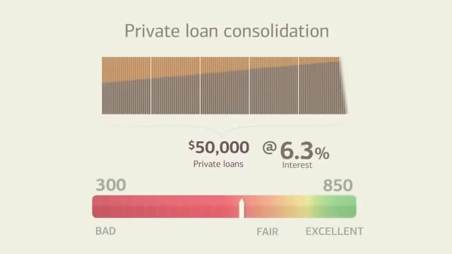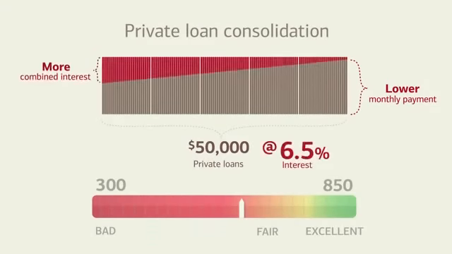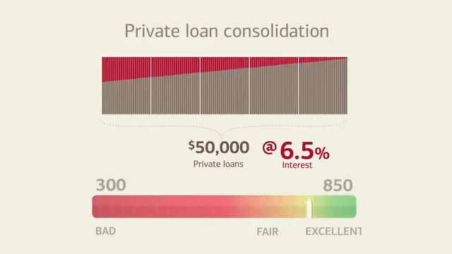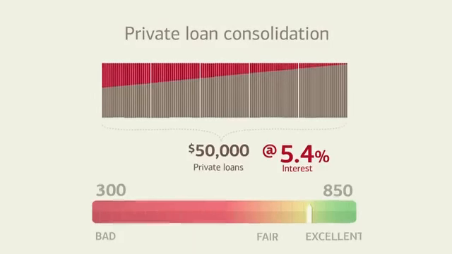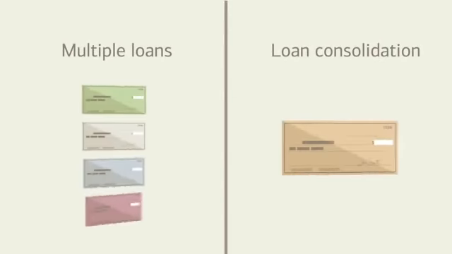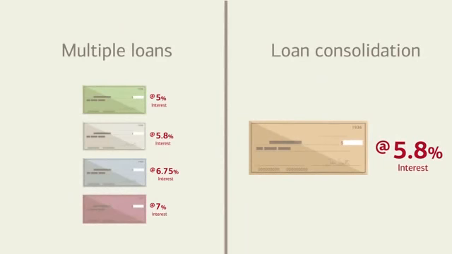So with private consolidation, you might get a simpler, lower monthly payment, but you could end up paying more in combined interest. But if you happen to have a steady job and have built up a good credit score, you might be able to get a lower interest rate from another lender than your current private loans. So it might be worth looking into. So while loan consolidation can make your monthly payment simpler, if you have multiple loans with different